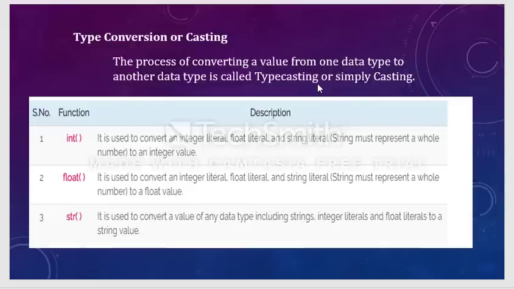The int function is used to convert an integer, float, or string value into an integer value. If we have any value that should be converted into an integer, then we should use int in front of that value. Similarly, if you want to convert any kind of value into float, then we should write the function float in front of the value. Similarly, if we want to convert any kind of value into string, then we should write the str function in front of that value. Okay, so see, we can see an example here.